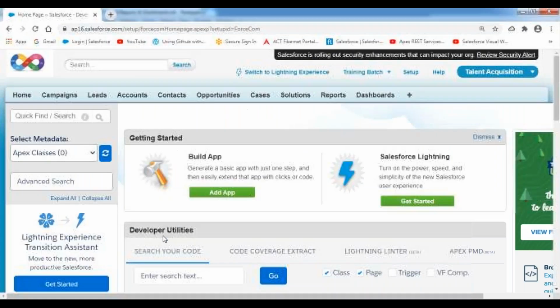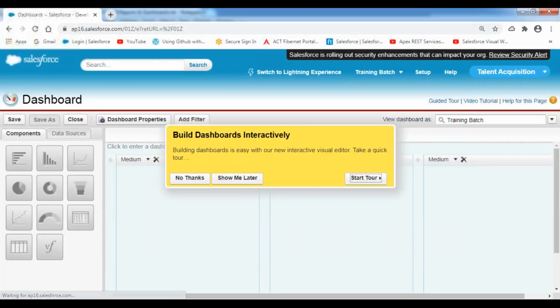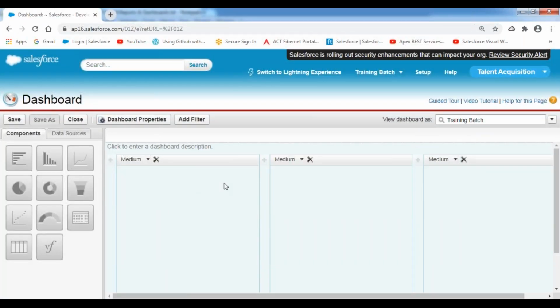Now, if you want to create a dashboard, go to the dashboard tab and click on the new dashboard button. In order to create a new dashboard, we specify that new dashboard button. As soon as you click on it, it provides a dashboard. This is called a dashboard, where we can display the information you want in different